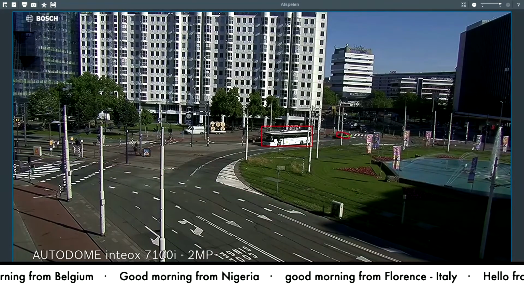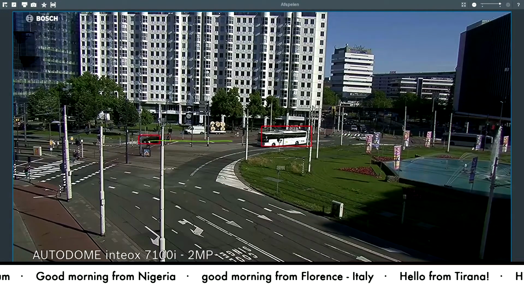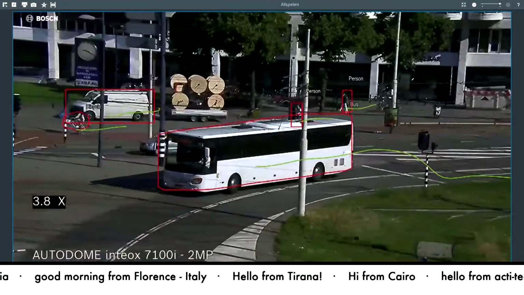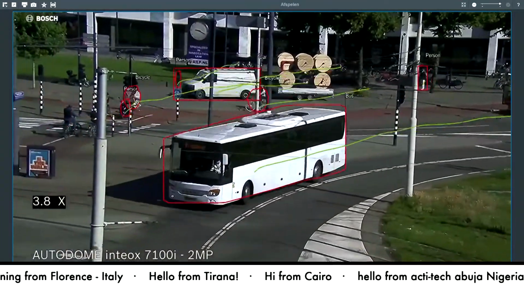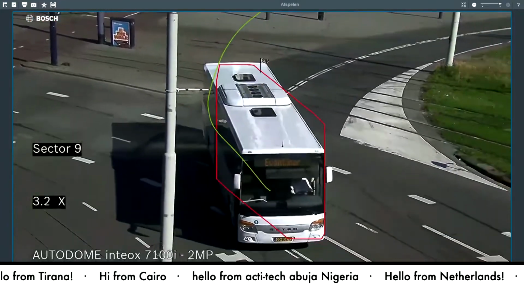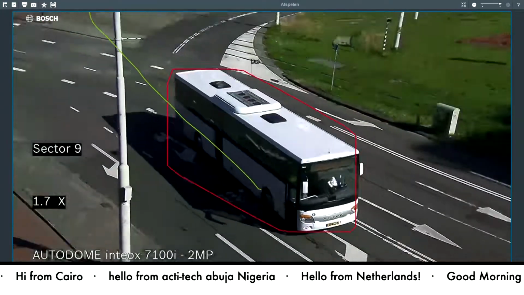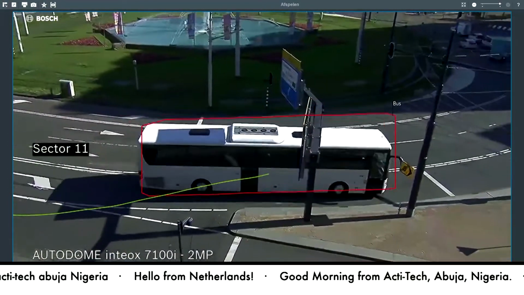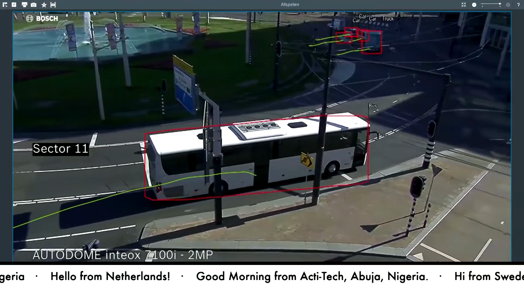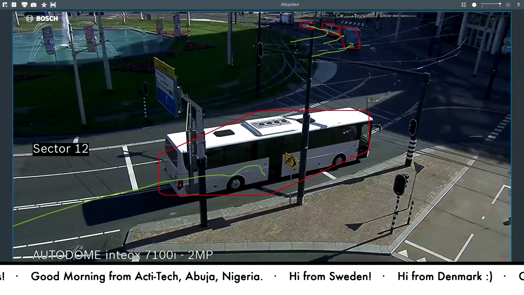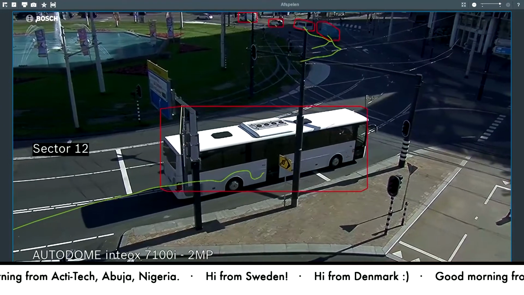We had this camera installed, pointing it simply onto the bus and giving it an on-click, simply saying, on-click, follow the bus. And then you see that the PTZ follows the AI object in a very nice way. It zooms in, it zooms out, it tries to put it in the center of the screen in a nice way. And that's the AI engine doing all of this magic. That's a very nice thing to see.